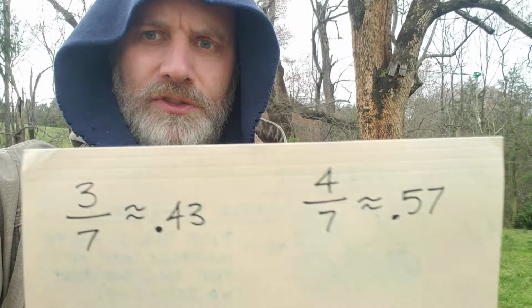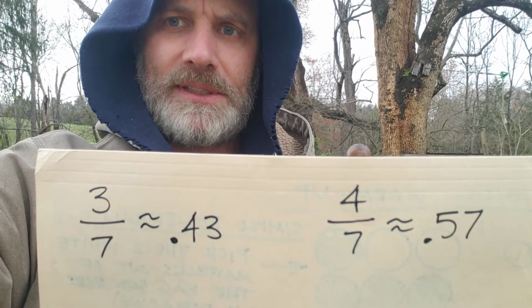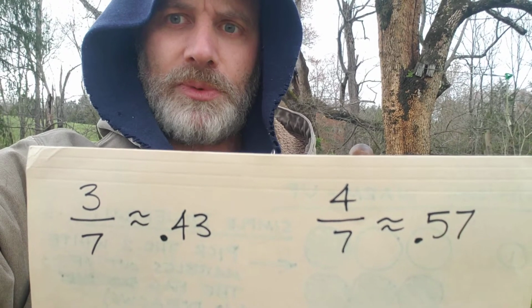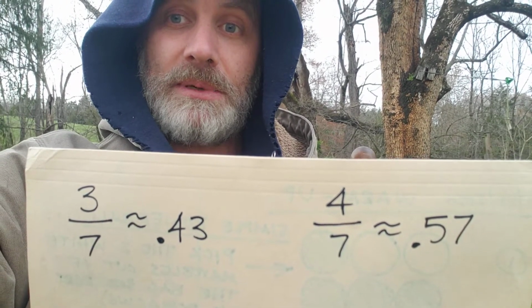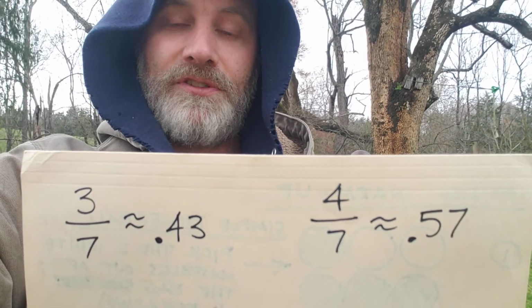Yesterday, if you watched my cow video, we saw what a too small a sample size does. We counted 7 cows, 4 were black, 3 were brown. And if you divide those fractions by a calculator, you'd see that 3/7 would be brown cows. We'd expect 43% of the cows here to be brown, and we'd expect 4 out of 7, that is roughly 57% of the cows, to be black.